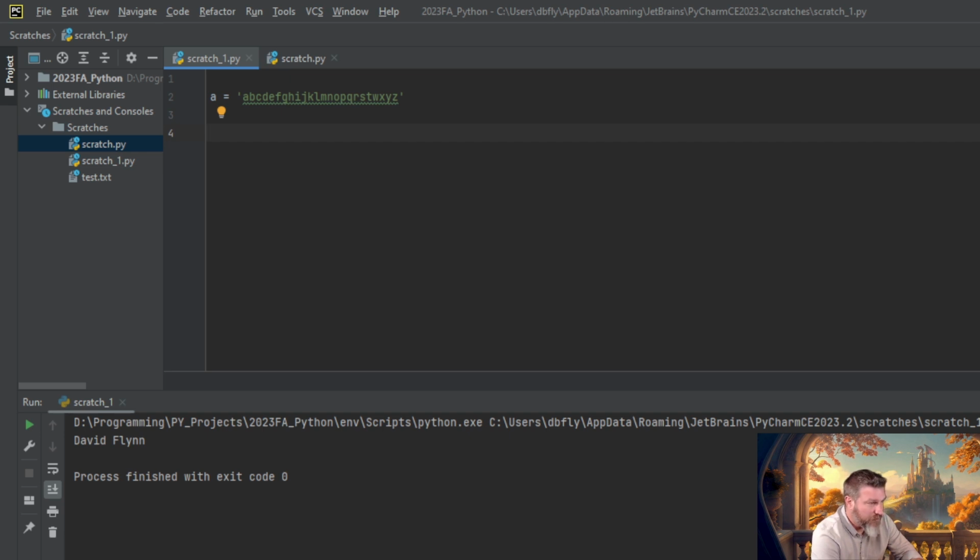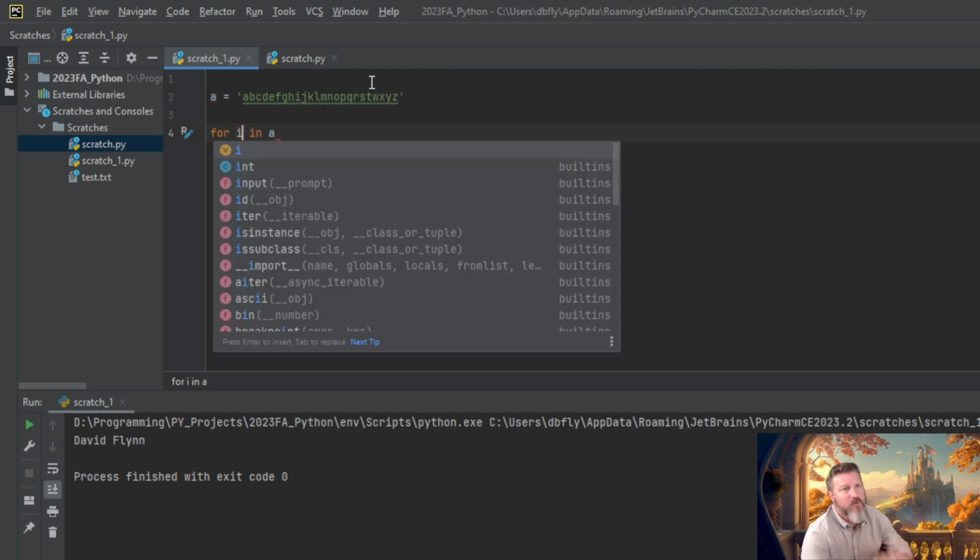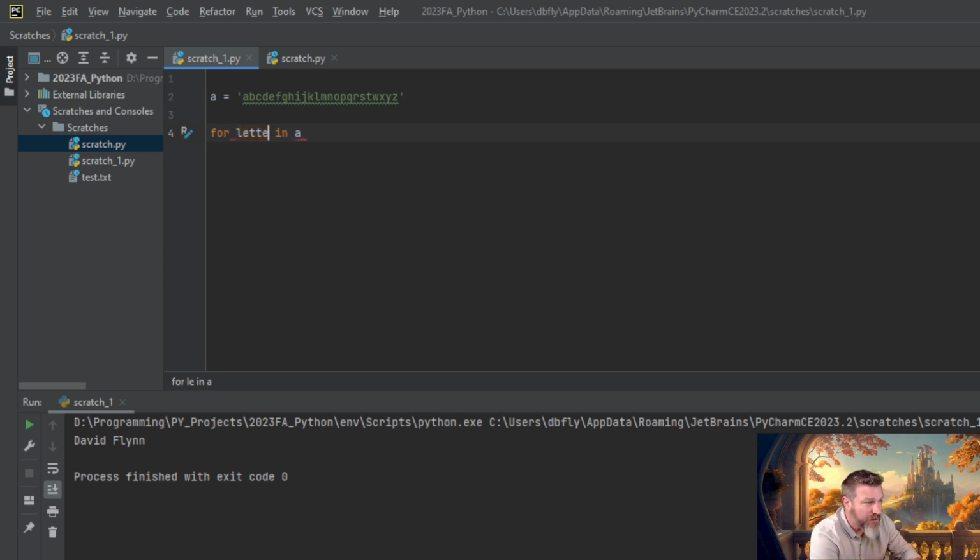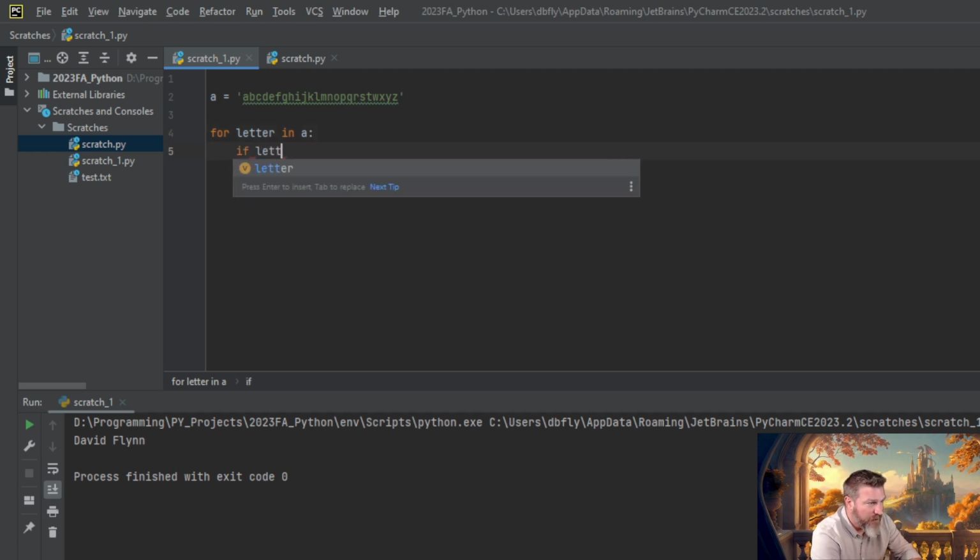So to iterate through it, we're just going to do for letter in A. Now remember, this can be anything. We can make this for I in A, for thing in the variable. But just for simplicity, we're going to say for letter in A, which is the string variable, if the letter